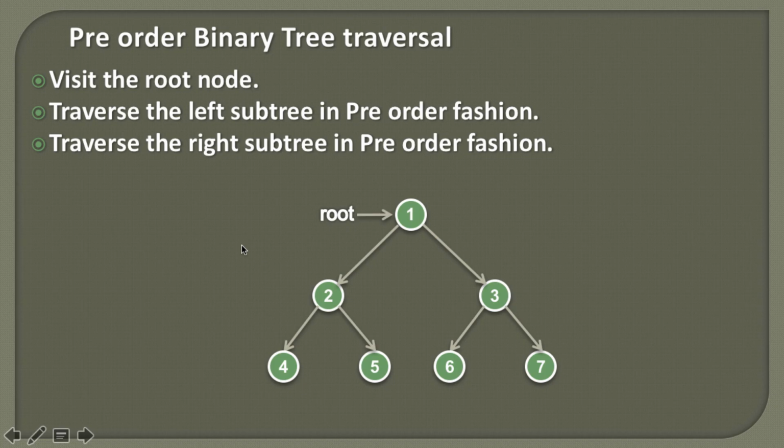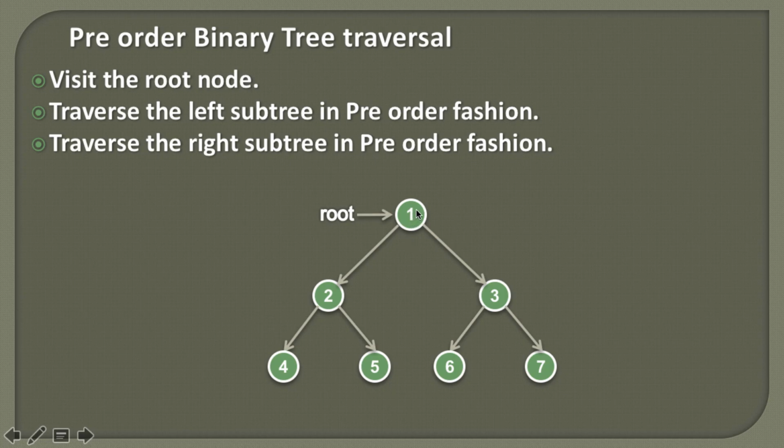So friends, what is a pre-order binary tree traversal? In order to traverse each and every node of a binary tree, we apply these three steps on each node of a binary tree. We visit that particular node, then we traverse its left subtree, and then we traverse its right subtree. So here, if you take an example of this tree, then we start with the root